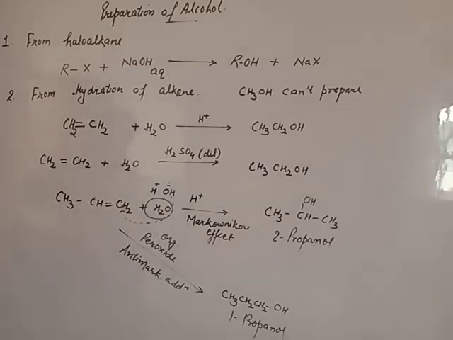Beta, this conversion is in your exam: convert 1-propanol into 2-propanol or vice versa. In this type of conversion, first of all you use dehydration with concentrated sulfuric acid. We will get alkene and then add water according to the rule. If you want to prepare 2-propanol, you apply Markovnikov addition. If you want to prepare 1-propanol, you use anti-Markovnikov addition, that means organic peroxide will be added in the reaction.